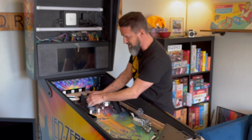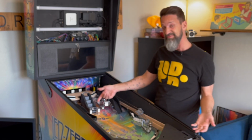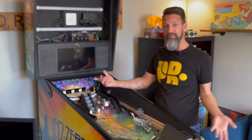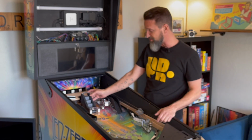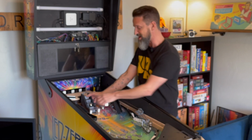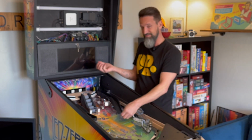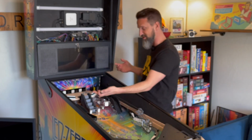So if the ball's come in and hit it and knocked it forward 10 steps, between 8 to 12 steps, somewhere around that number of increments, right? And then it goes 50, well, now every time it's going to be off a little bit. And eventually it gets high enough to where the ball won't come in. And then you can't lock the ball and you can't advance it. It's just kind of sitting there